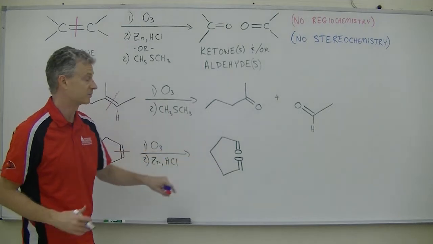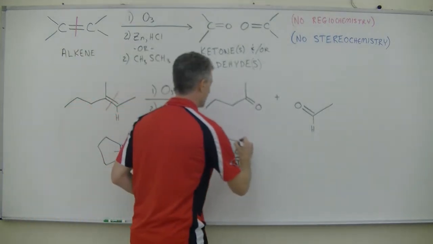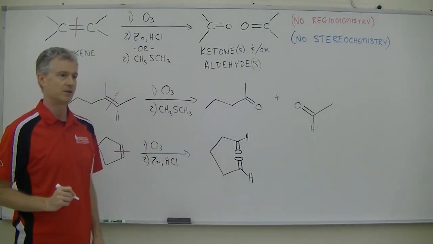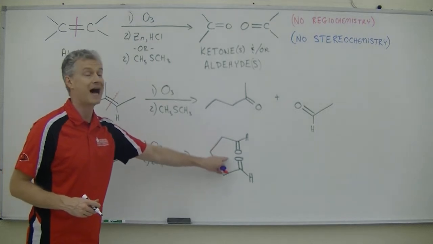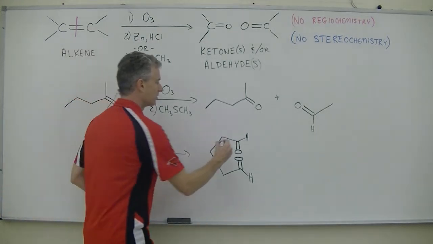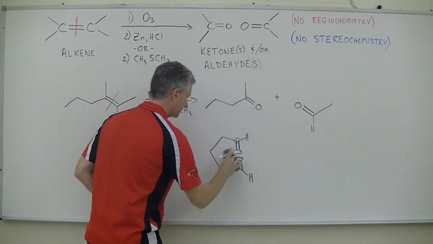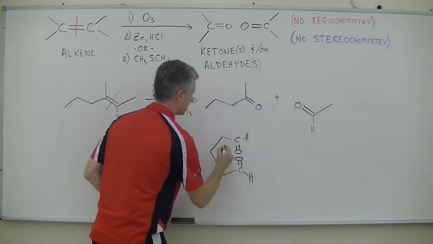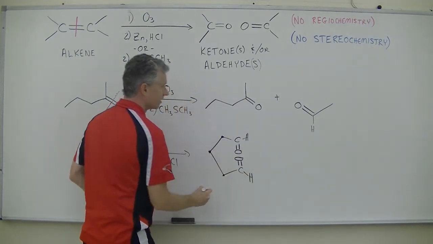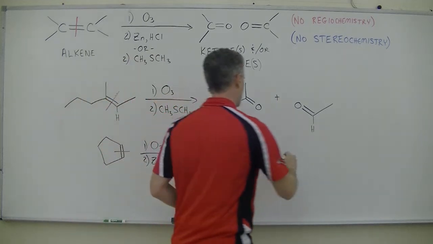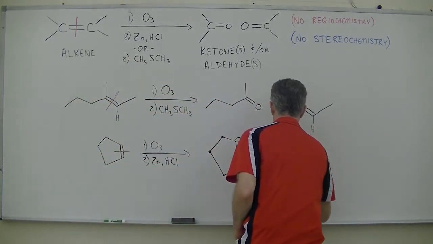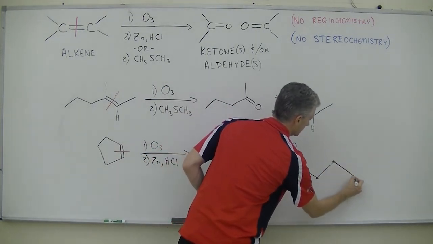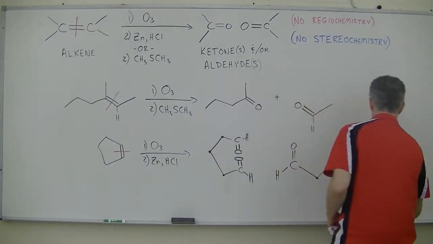If we want to be a little bit fancier, we could translate this product into a linear format. We'll notice here we have one hydrogen on each of the carbons in the alkene bond, which means that we're forming a dialdehyde product. And notice that we have carbonyls that are connected by 3 carbons: 1, 2, 3. So if we want to translate this to a linear format, we can put the first aldehyde with its carbonyl carbon, and we get 1, 2, 3 carbons,